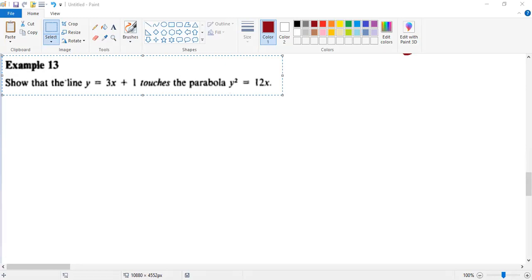Now, touching is telling you that it is a tangent. Show that it is a tangent. How do we show a tangent? We show tangents in the same way, whether parabola